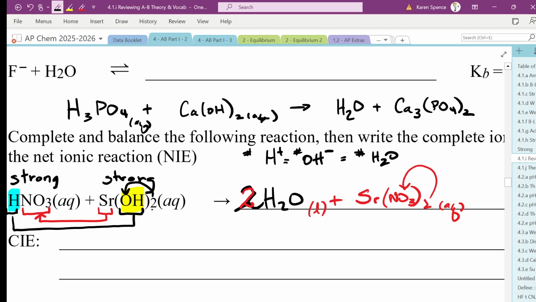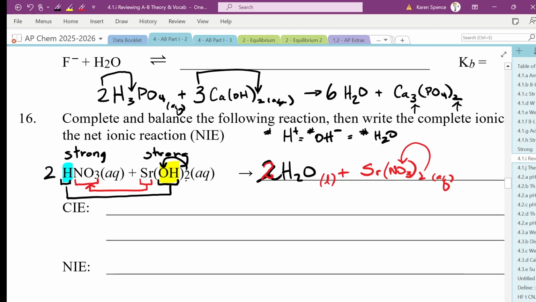What I would do is first balance my calcium and my phosphate. Remember, balance the things with the most complex subscripts first, the highest subscripts first. So I'm going to balance my calcium first, 3, and my phosphate second, 2. That now means I have 6 hydrogens, which means I need 6 hydroxide and 6 water, and I'm done. So you can do it without that HOH if you want to, but it also works to use HOH. Okay?